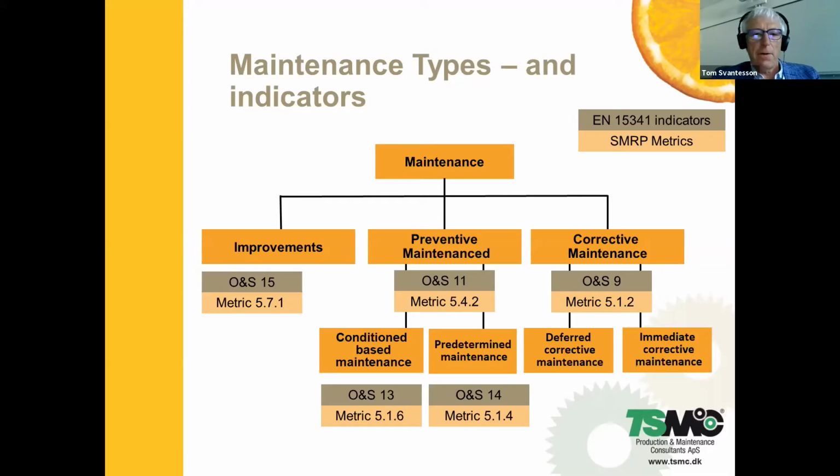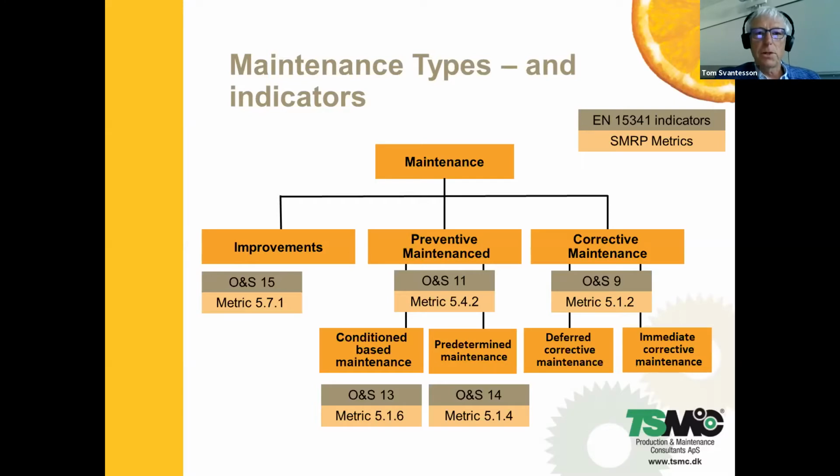In this case, I have picked some of the indicators for maintenance man hours, but I could also have picked some of the indicators for maintenance cost. Once again, both the American metrics and the European indicators can measure in either man hours or in costs. So that was the maintenance